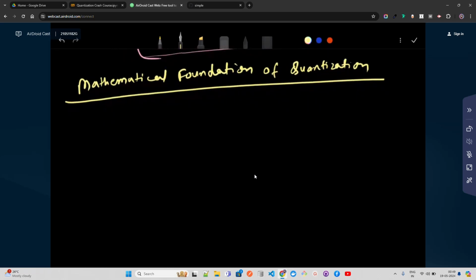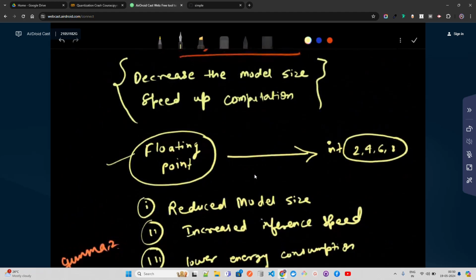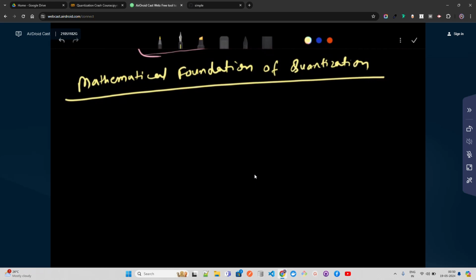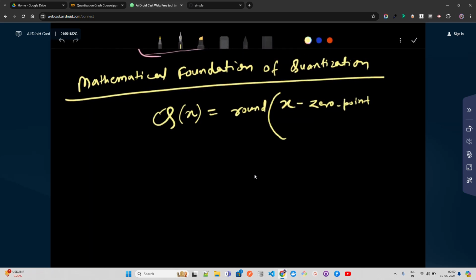Now, I'll just like to explain that quantization involves mapping continuous values, the high precision values that we have, into a finite set of discrete values. And this is generally achieved by approximating the floating point numbers with integers. Keep this in mind. That's what we showed here with the floating point and int, 2, 4, 6, 8, whatever we have written. So if you mathematically define that, I'm going to write q of x and then just rounding off. So let me just do round, and then I'm going to write here x minus, and I'm going to explain what I mean by this, 0 underscore point, and then by scale.